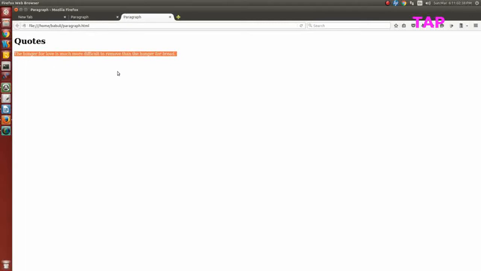So if I give multiple lines or multiple spaces within one paragraph tag, everything will be considered as only one space by the browser. Clear? So this example is pretty clear for you now.